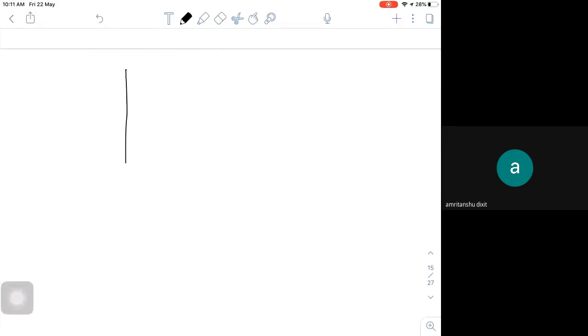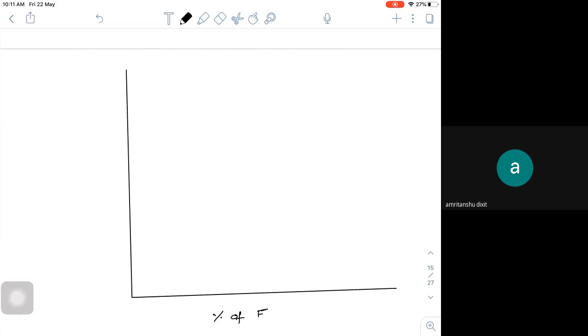Okay, loading conditions. If this is your efficiency and your load, let me put it as percentage of full load, and this side I have your efficiency, once again as percentage. So here the efficiencies may start as low as something like 10-20%. So let me start with 20, 40, 60, 80, 100.